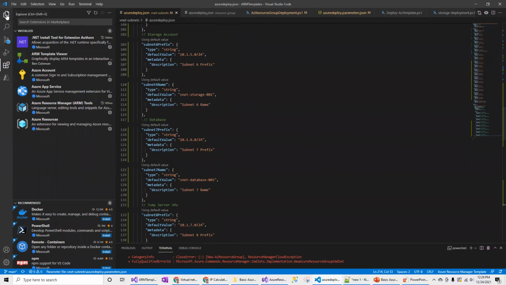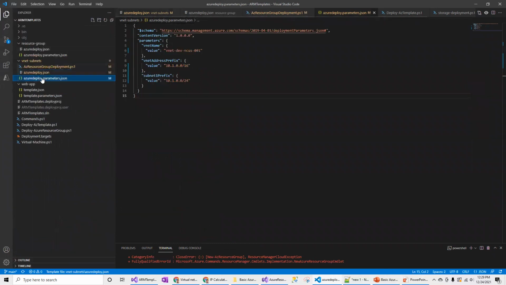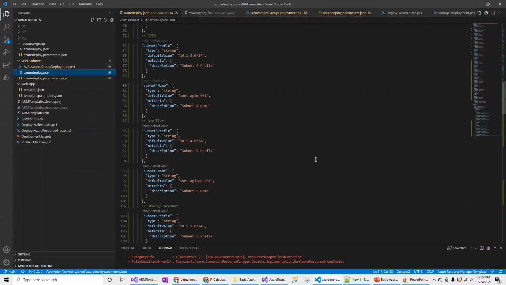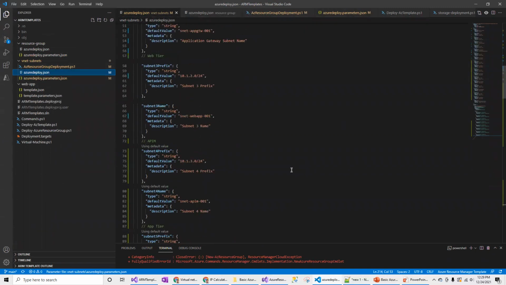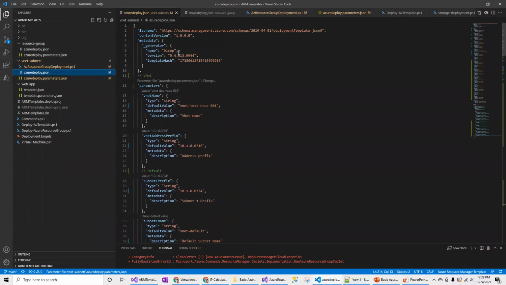Once you create the template file, you also need the parameter file in case you want to have a different name for each environment. So initially I will be creating this for the test.